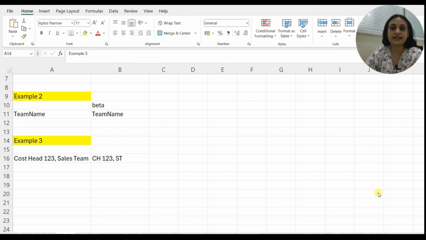In a nutshell, both replace and substitute function replaces one text with another text. But if you know the exact text that you want to replace, then prefer using substitute function. But in case you know the position of your text string, then prefer using replace function. However, substitute function also allows you an optional parameter of instance number. So if you know the occurrence of the old text that you want to replace, then substitute is good to go. This video now clarifies the key similarities and differences between these two functions and when to use what.